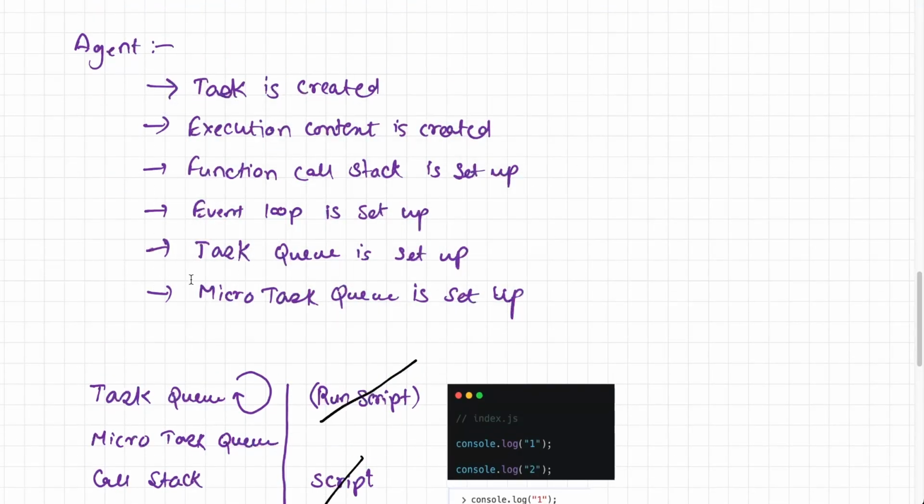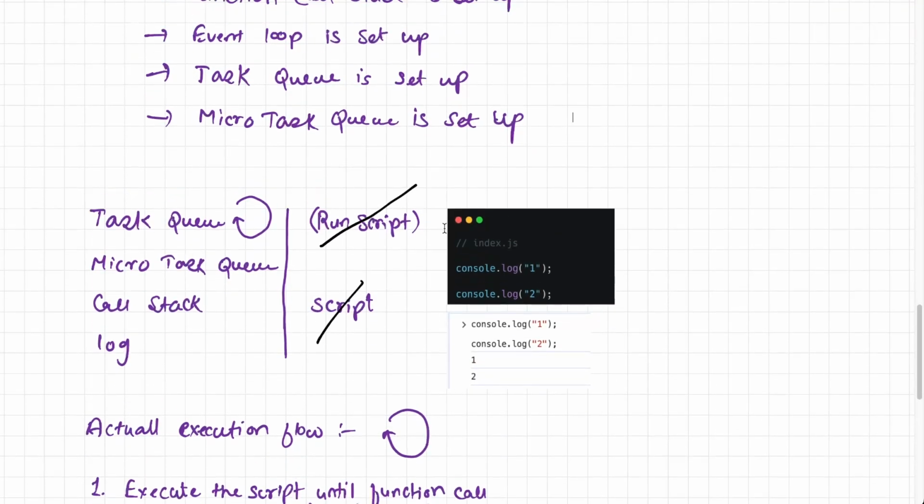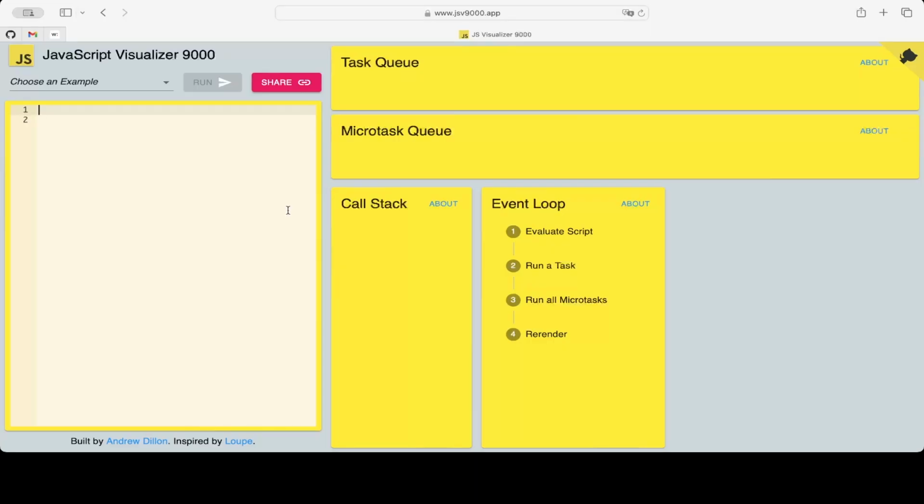I know the microtask is not clear yet, but we will see different examples and there it's going to be clear for you. Okay. So this is the simplest example I have shown you. Now let's introduce some more complexity to this code so that we can understand the internals of the JavaScript runtime very well. So let's move on to the browser, and here you can see that I have opened a tool,